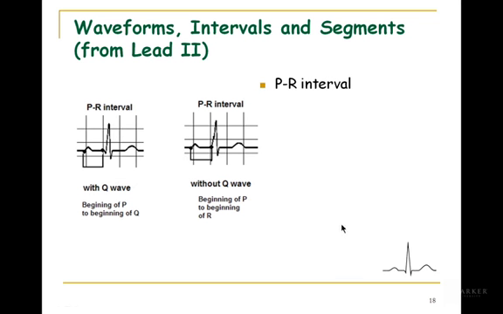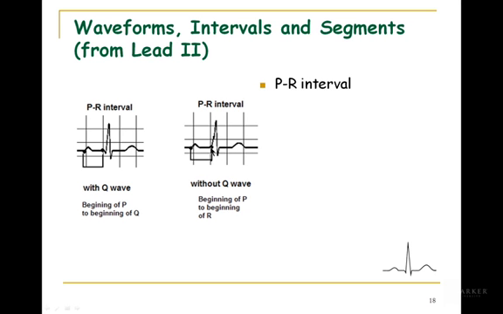Now, the PR interval corresponds to the beginning of your P wave to the beginning of your QRS complex. Okay, so I have to emphasize again, beginning of the P wave to the beginning of the QRS complex. If you do not have a Q wave or an S wave, we're still going to call it a QRS complex. Okay? If you have a Q wave, you would go from the beginning of the P to the beginning of the Q, before we move away from baseline. If you don't have a Q, we go from the beginning of P to the beginning of the R,